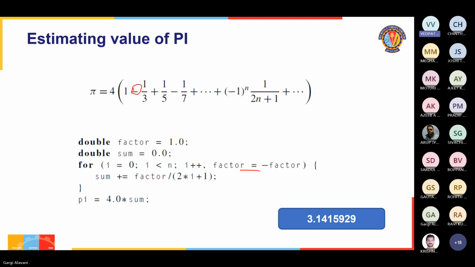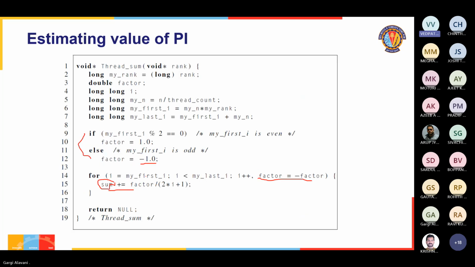Okay, can you get on to the next slide? Here on lines number 6 and 7, we are trying to compute from where I should start. My first i is going to give us the index from where I need to start computing. My last i is going to give us the stopping point where I should stop. And then it is important to have that factor as +1 or -1 based on whether it is even or odd. So that particular if-else block is taking care of that. Once we take